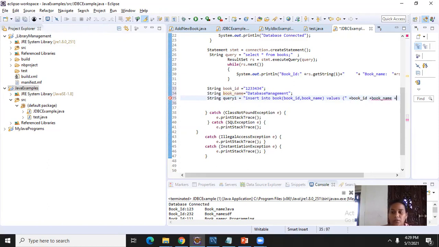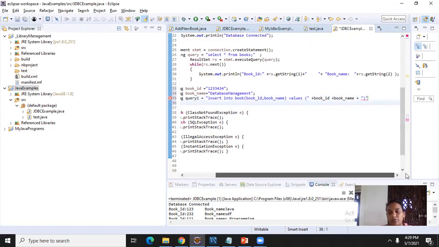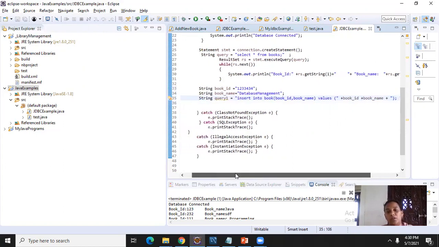So I need to close the bracket. This one query is completed. This is the query: insert into book ID, book name, we are inserting; the values will be taken from this book ID and this book name, it will replace.